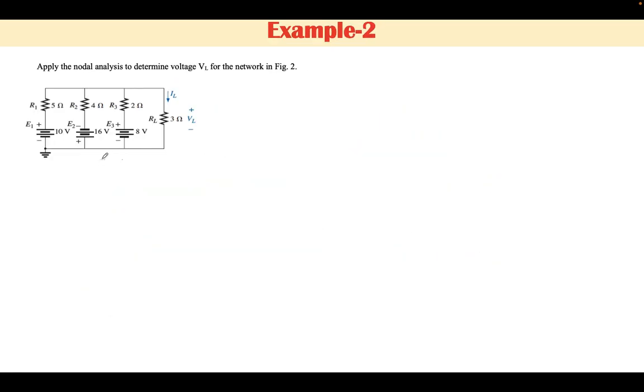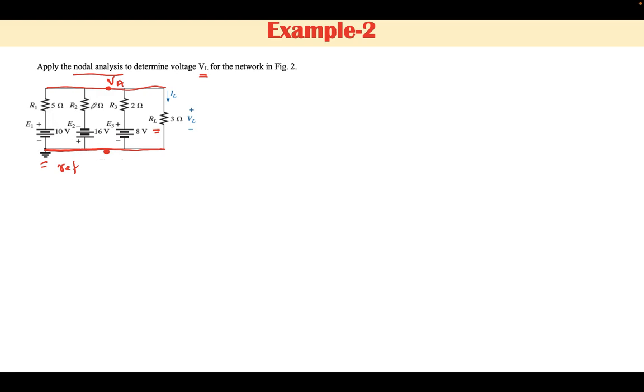Now considering the second example, in the second example we have to find out the voltage across resistance RL using nodal analysis. In this network, by observation, we can say all these elements are connected at one point, and hence this is one node, and all these elements are connected at another point, this is the other node. One node is taken as reference and it is already given here. Let this be considered node A. The voltage at this node A is VA.